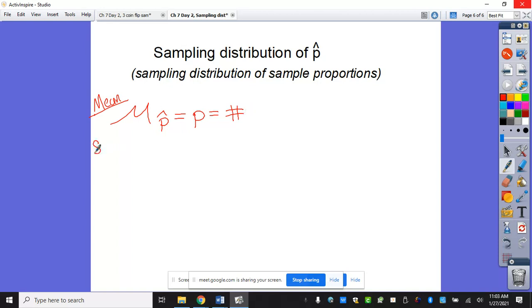All right, so standard deviation. What is my symbol going to be here for the center of this graph of all of our dots? So this was mu of p hat. This one is going to be what? And so this is actually on the front of your notes, but I'm writing on the back together on purpose. So the standard deviation of the sampling distribution of p hat is,